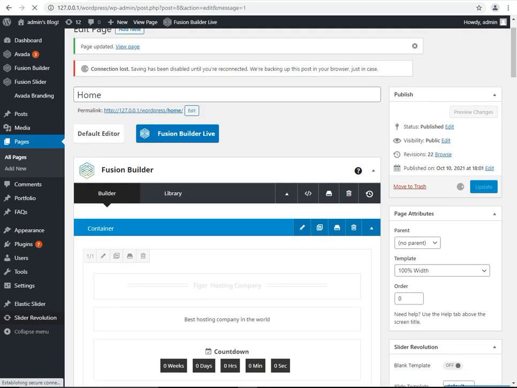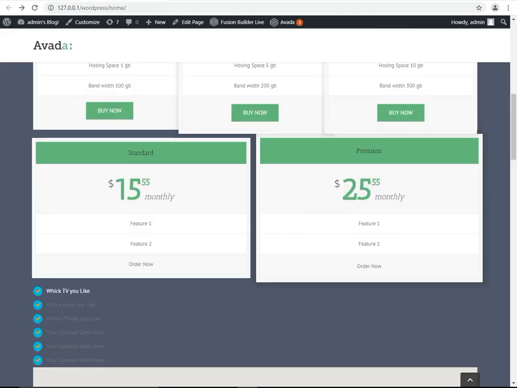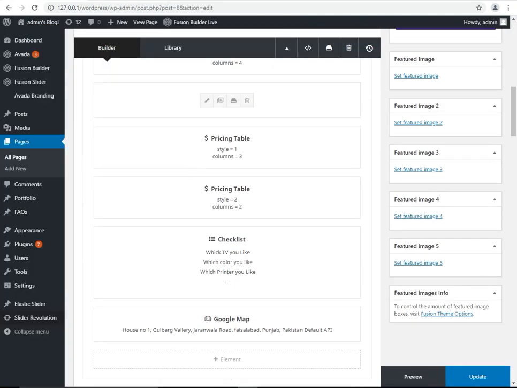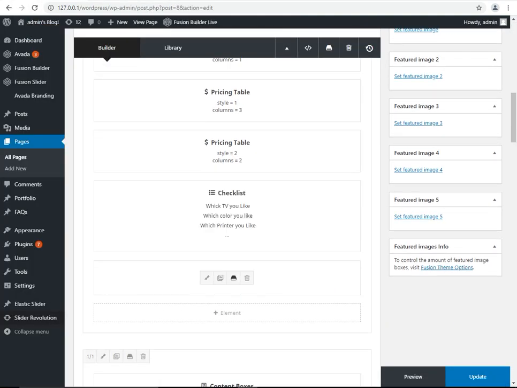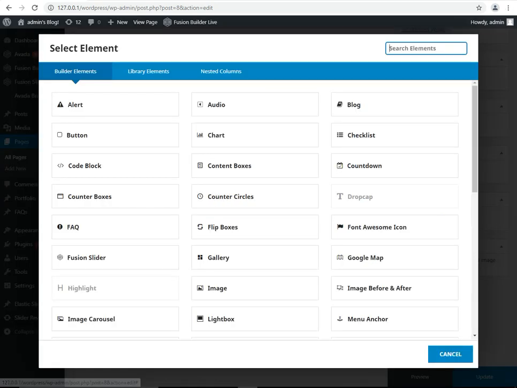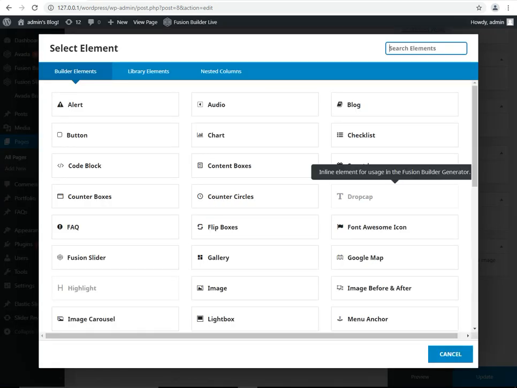This circle shows us the system is working on saving data. I am going to refresh the button. The page cannot be loaded, Google Maps is not connected. Okay, no problem. Maybe we are working on a computer. You can add any portion or element, and if you don't need it, click on the delete button. After deleting, the system will delete this.